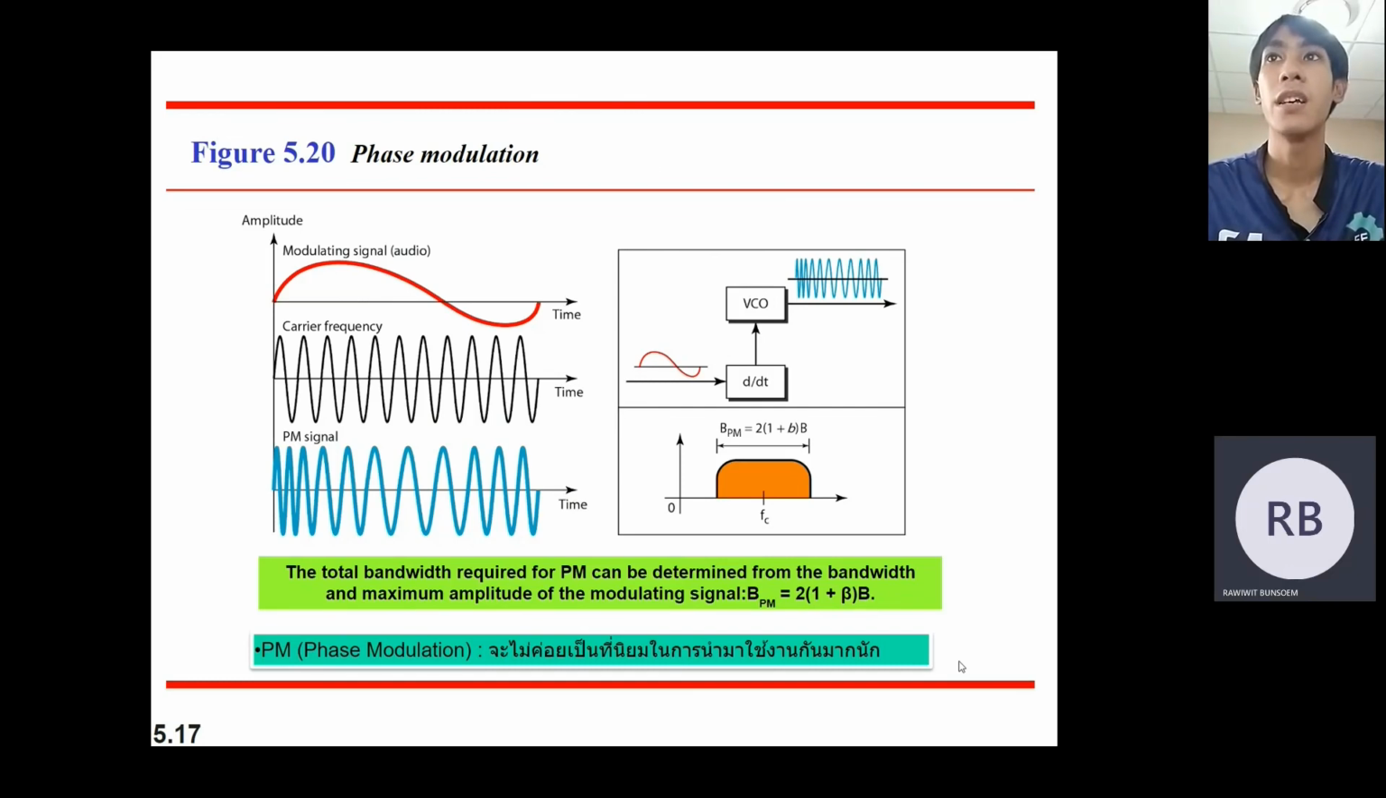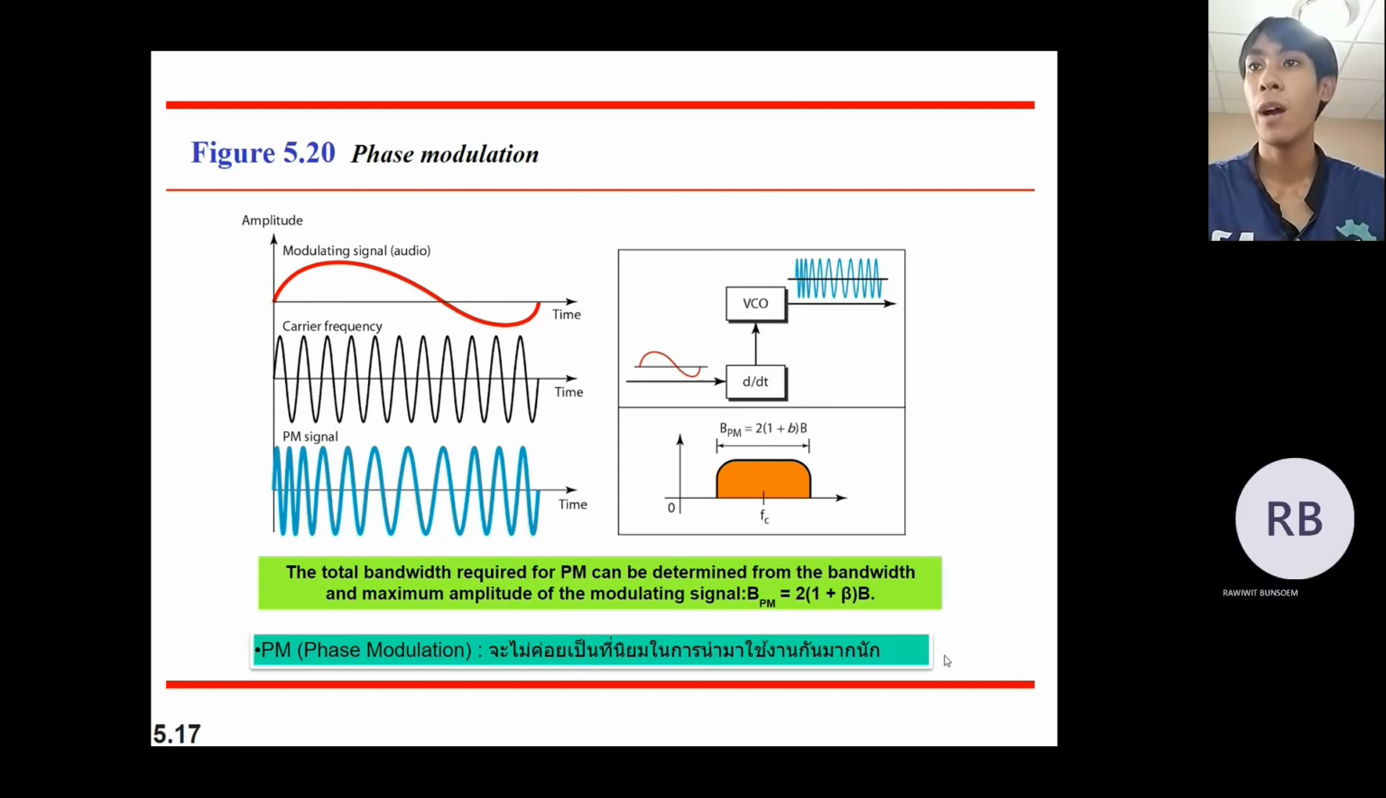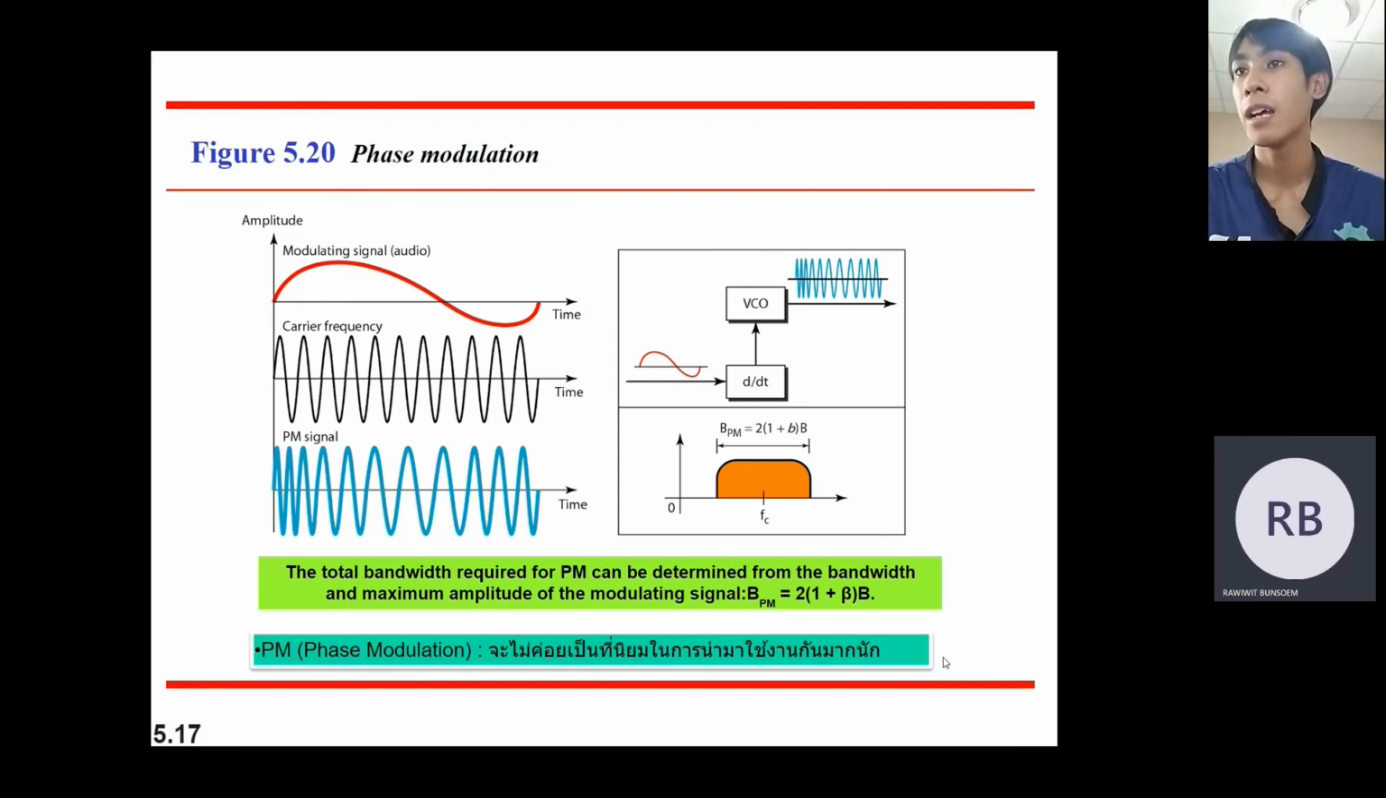Phase modulation. The total bandwidth required for PM can be determined from the bandwidth and maximum amplitude of the modulating signal. B PM equal to 2 times 1 plus beta, times B, where PM, phase modulation, is not